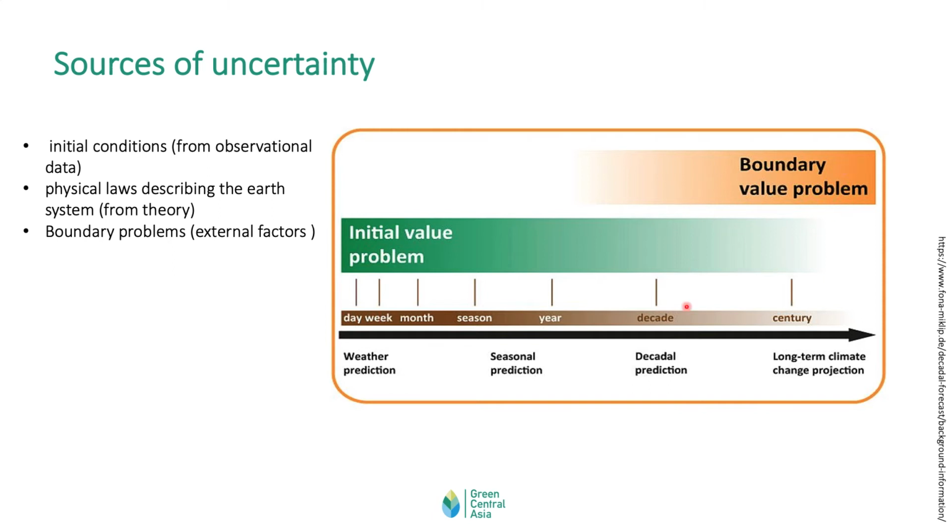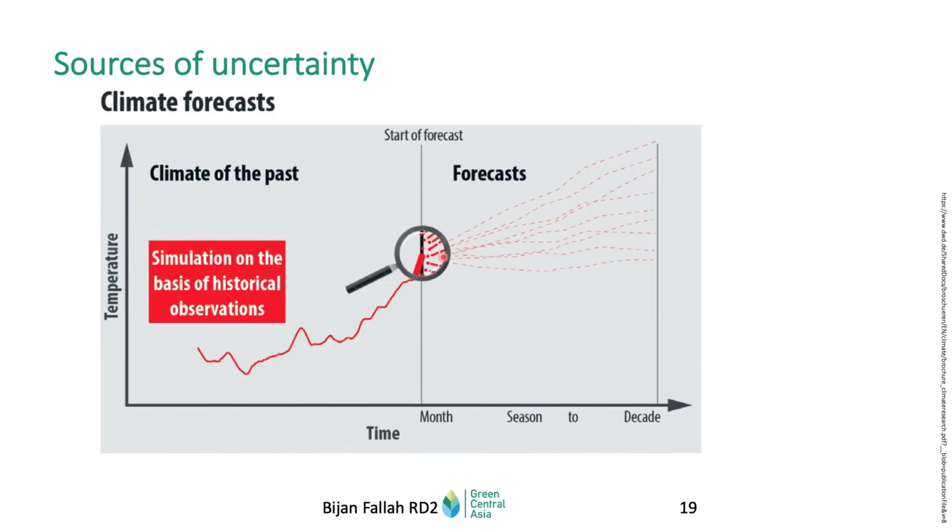And for the decadal prediction, you're somewhere in between. So you have more problems if you want to predict 10 years in advance. You have the problem of boundary values and the problem of initial values. Usually for climate forecasts, as I said, you have a kind of ensemble of climate simulations. And very small variations of initial condition will lead you to different climates as you run the simulation for 10 years.